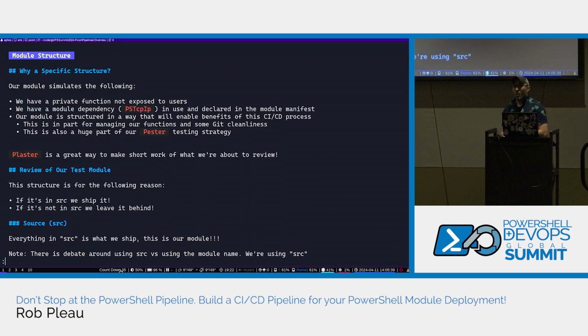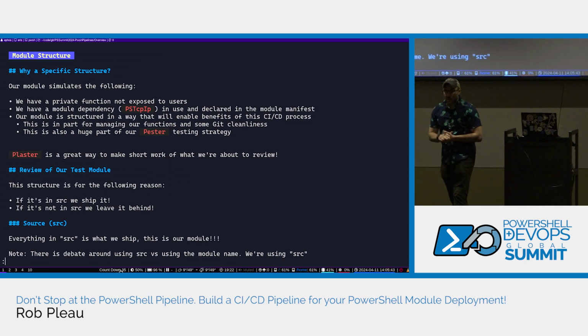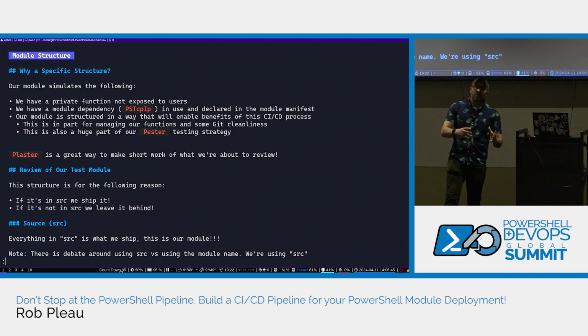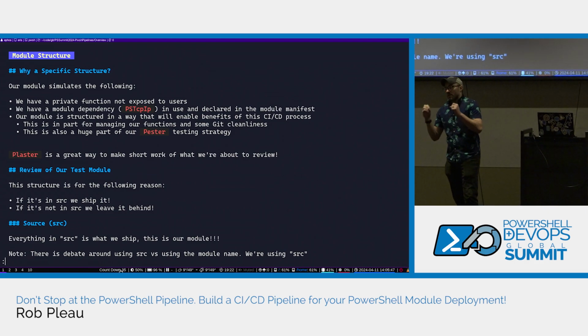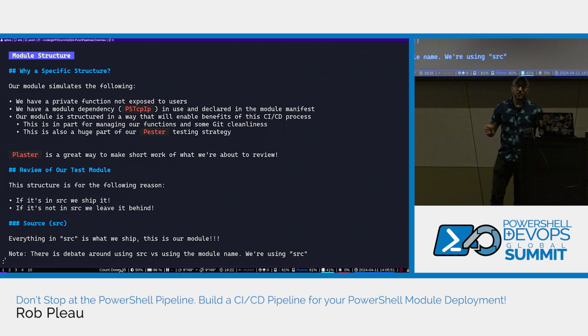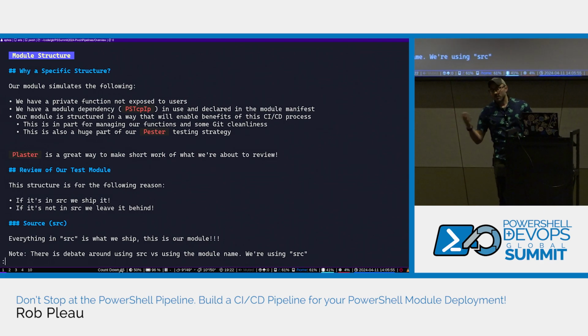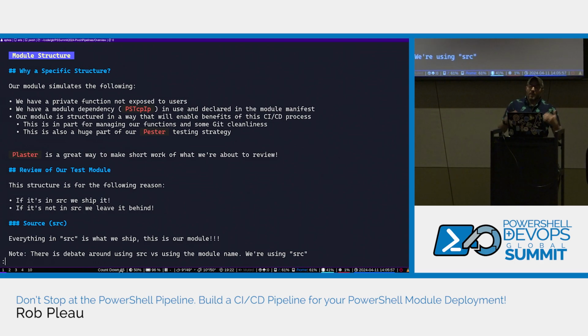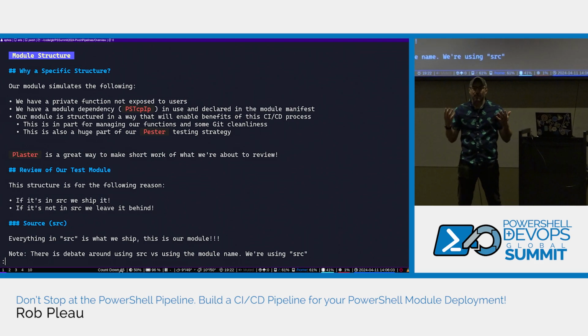All right, why the structure? Again, this is a little opinionated, but I like to structure my modules in a way where the functions are individual PS1 files, even separated by public and private. The PSD1, of course, is still there for your module metadata, and the PSM1 is really what facilitates dot sourcing it